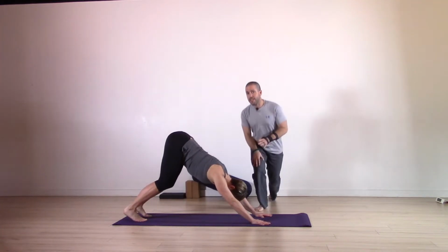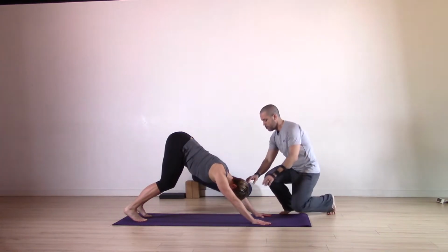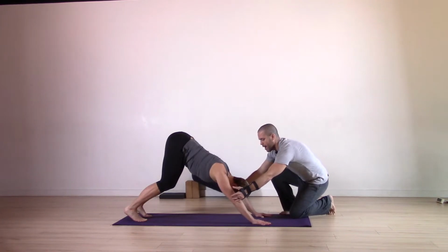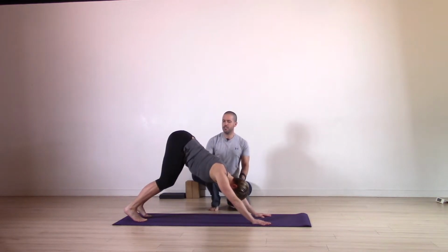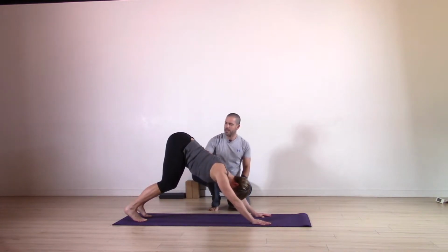Now, one of the things you want to do here is make sure you're externally rotating your shoulders. So you want the elbow creases pointed away from you. You want to twirl the triceps towards each other. Now, we're having the knees bent here, so the spine is long. If Jenny was to try to force her legs straight, the spine's going to round a little bit. So you want to keep that spine long, really press the ground away, bring the chest towards the thighs a